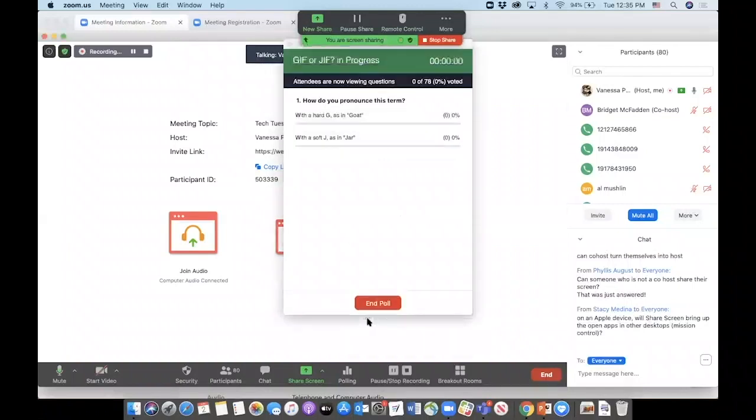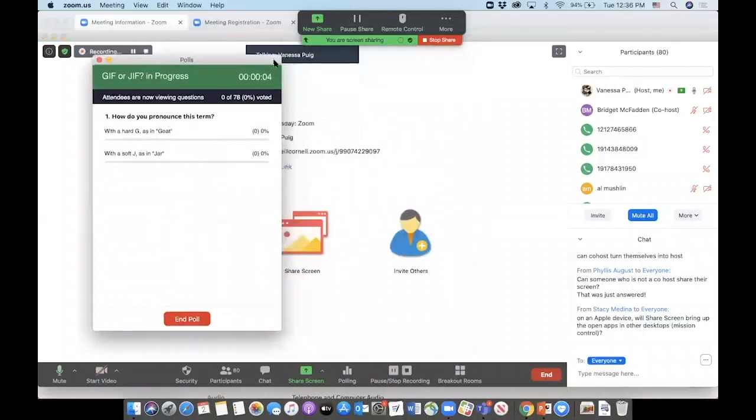But when I hit launch poll, you guys should see something on your end. There we go. So I can see people are voting as host. And there's a little timer for me so I can see how long I've left the poll up. But I'm getting kind of real-time results of how you guys are voting and can basically share those results with you during the session. And it seems like Hard G, GIF, is the winner right now, although J, GIF, is